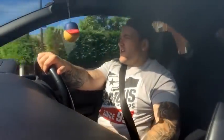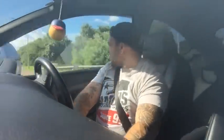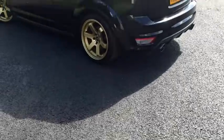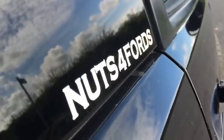Beautiful noise it makes. So modifications wise, it has had a fat intercooler put on the front, a fat air filter, and a Scorpion catback exhaust system. I don't know if you can hear when the turbo's coming in, but say you're in second gear, so I'll drop it in second gear for you. At 2,500 revs, it's coming in already, popping, banging,